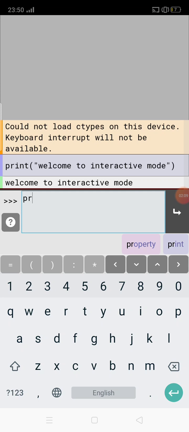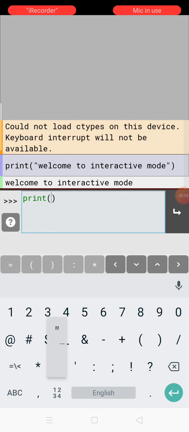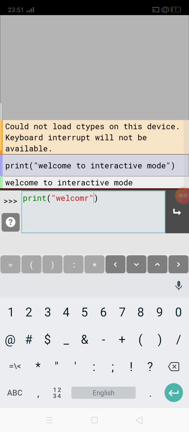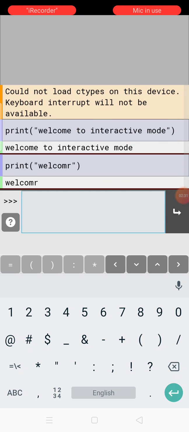Again I am using print, and then you print within the double quotes. I am just printing welcome alone. Again you have to complete your quotes, and then press the enter key in the interactive mode. Yes, it's giving the welcome screen.